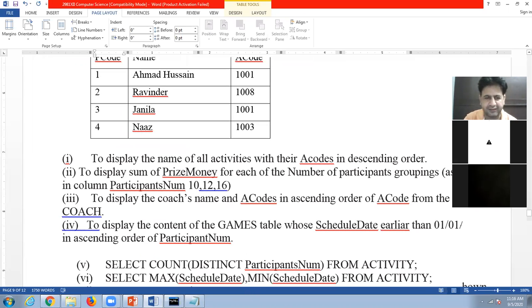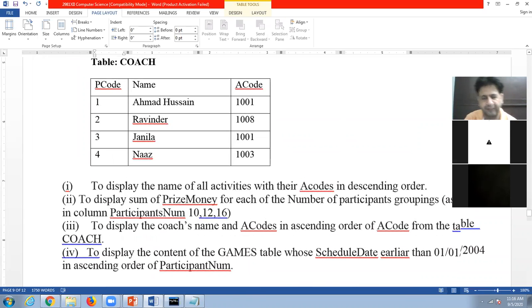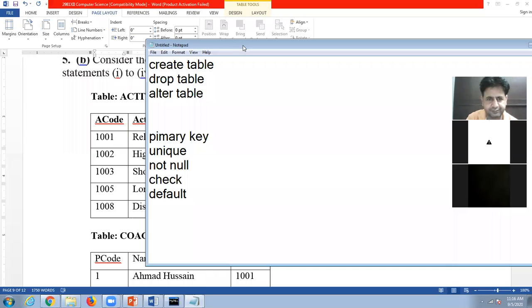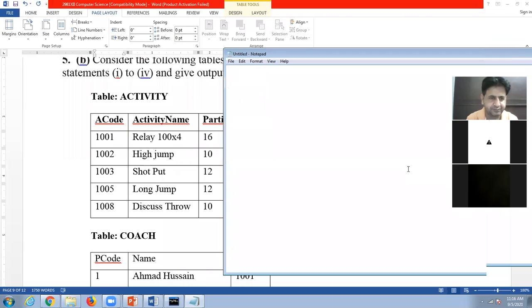First question is to display the name of all activity with their A code in descending order. So look here. The first query is SELECT * FROM activity.